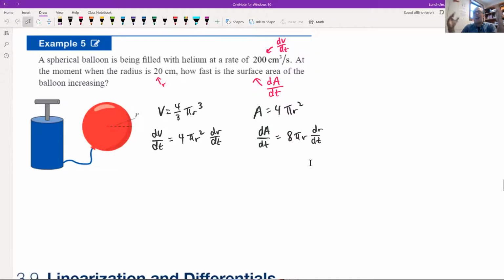But at this point, I would like to encourage us to recognize that the expression for dV dt and the expression for dA dt are pretty similar. And honestly, if I wanted to make one look almost exactly like the other, I would need to pull a factor of r out over here, and I would need to actually divide by 2. So if I pulled out a 1/2 r from this part,